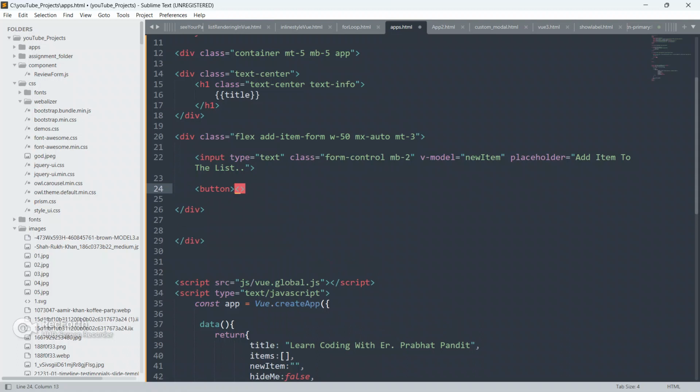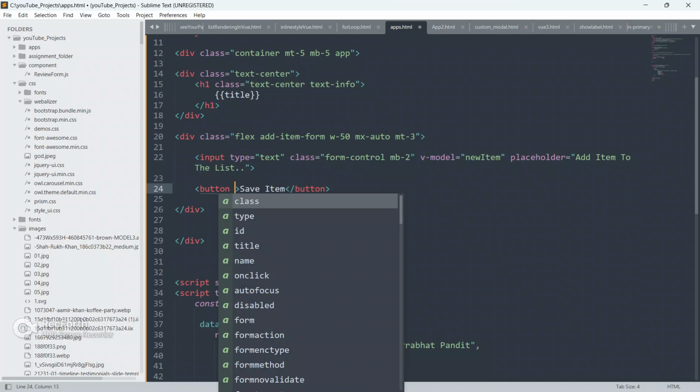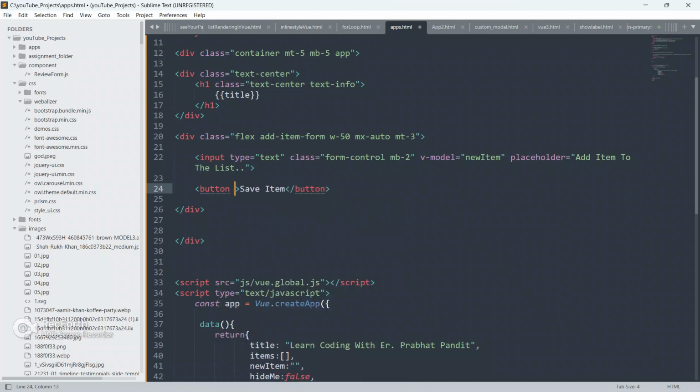So below this input field, guys, I'm gonna create a button element. Close this button now, and give text like save item. Okay, and in the button I'm gonna give class dynamically.